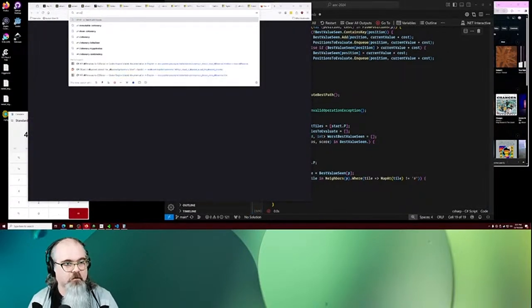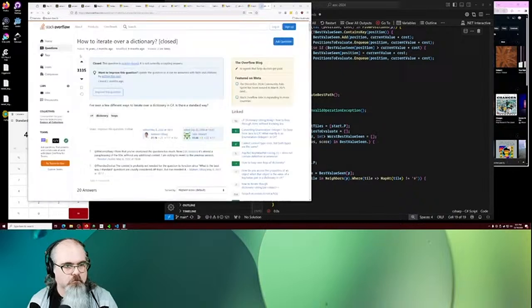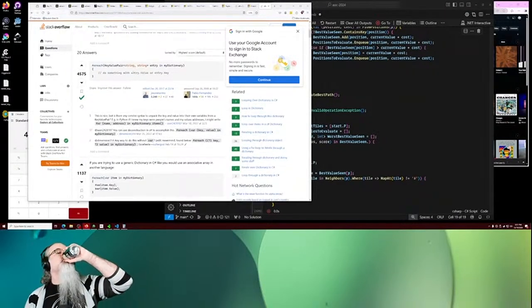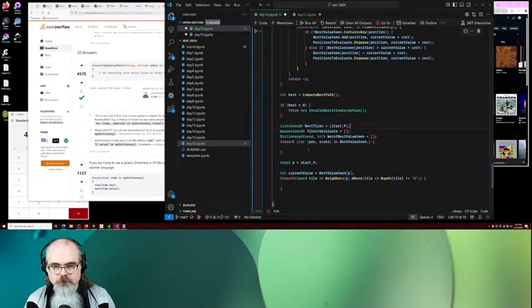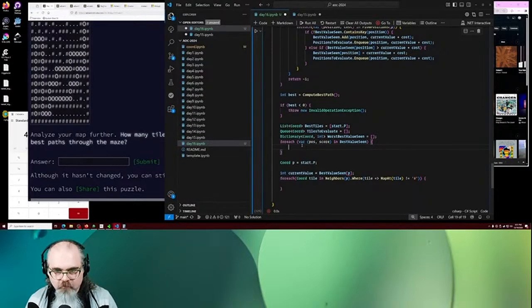C# dictionary iterator. Okay. For each key value pair. Okay. So I don't need to do anything in best value seen. For each of our pause score in. Okay, yep. There's pause, there's score. So there we are. All right. So for each of those,